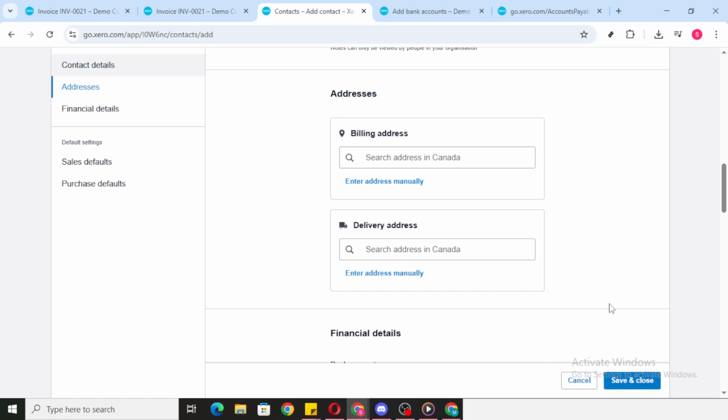By clicking this, you will save the new contact to your customer list within Xero. This action not only adds the new customer to your official records, but also makes it easier to manage invoices and payments down the line. And there you have it. You've successfully added a new customer to Xero, and now all their details are neatly organized and ready for use